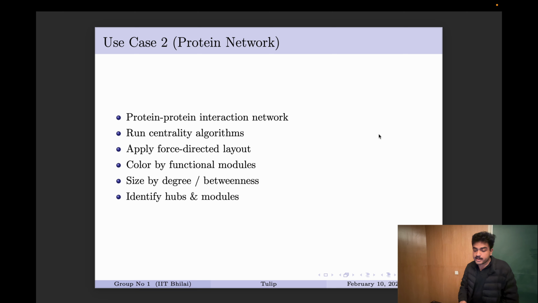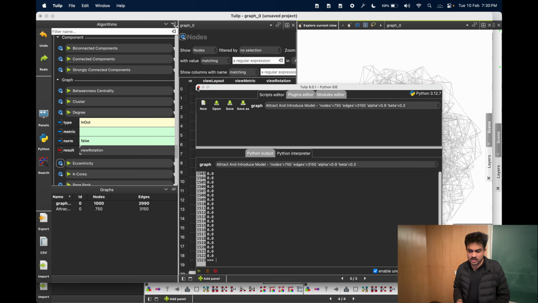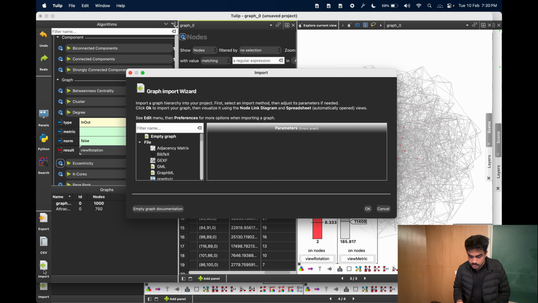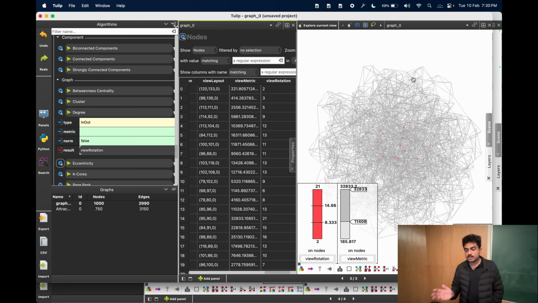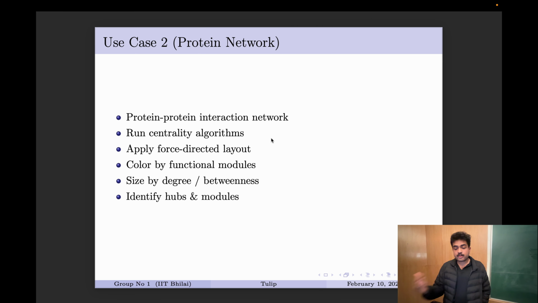Second is protein networks. I don't think we have a graph which simulates protein networks. Yes, for now we don't have, but if we assume this to be a protein network, even though it's a lot more folded, a lot more complicated, and obviously not available to us, if we had to visualize protein networks,